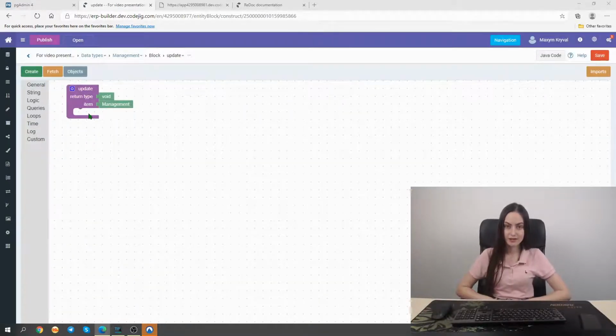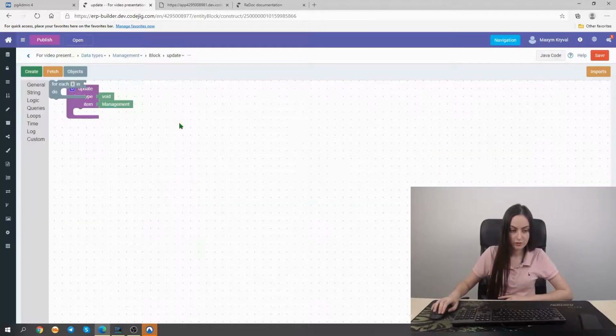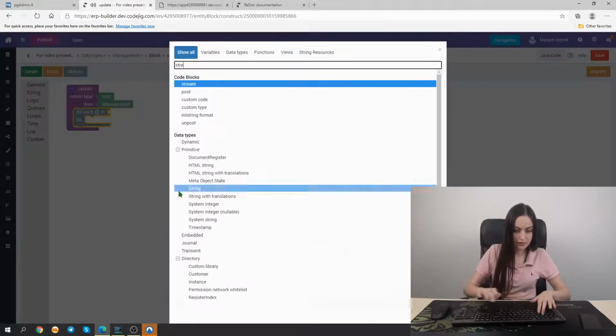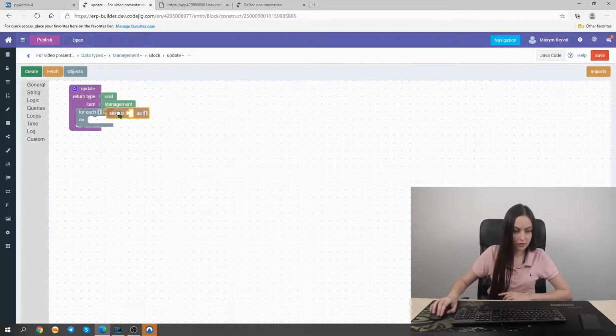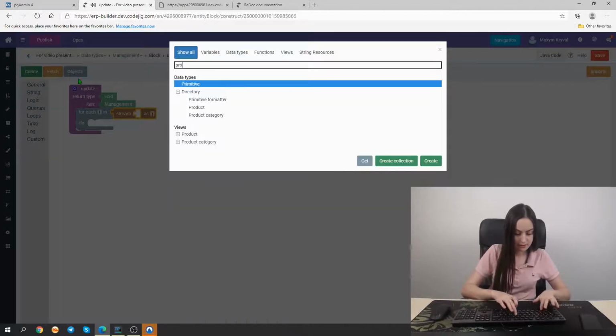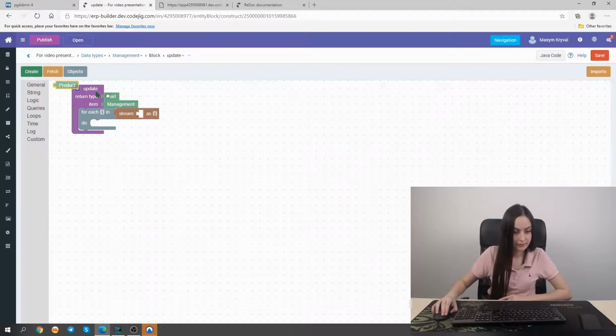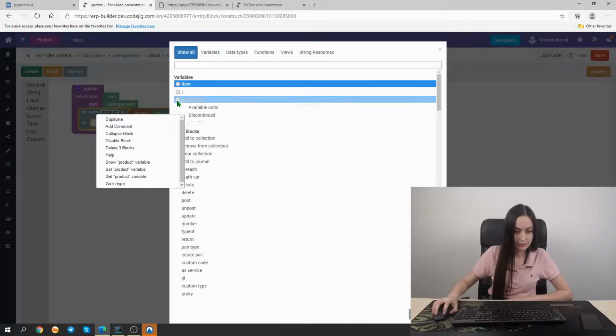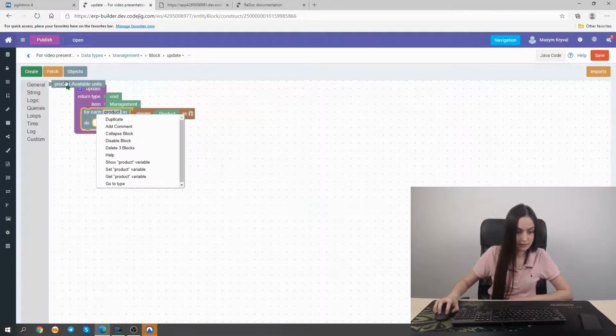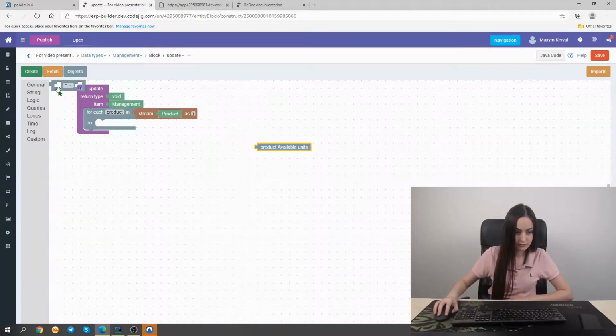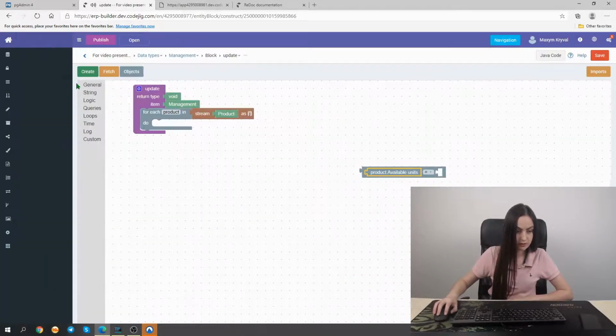And now we will fix our situation by updating our table with this action. So what we need to do in this function is to iterate through the whole list of products, find out those which have a value of available units equal to 0, and then mark those products as discontinued. For this, we use a for each block, which will iterate for each product in the stream of the whole product data type instances. So we need to find out this data type. So we iterate through the whole block, and for each product in this stream, in case our product's available units is equal to 0, so we compare this value to the 0 value,